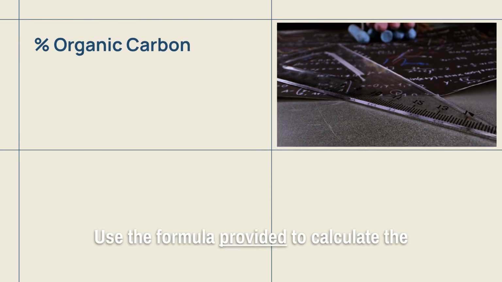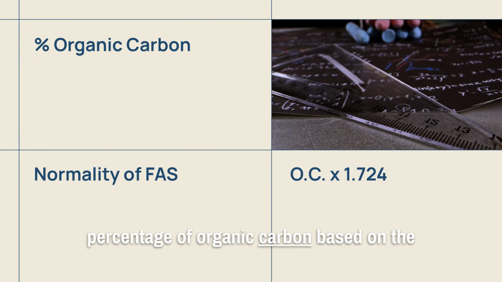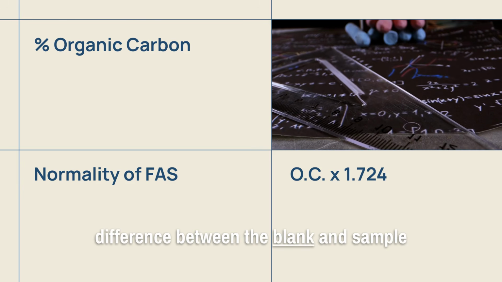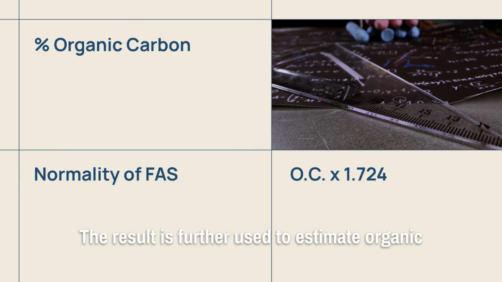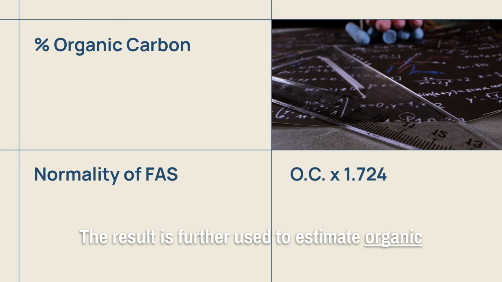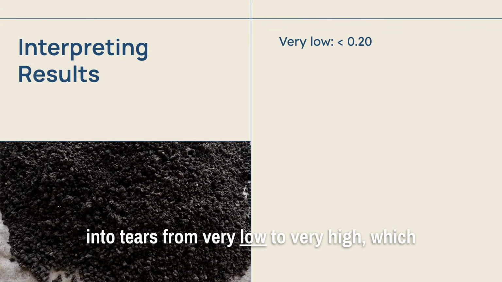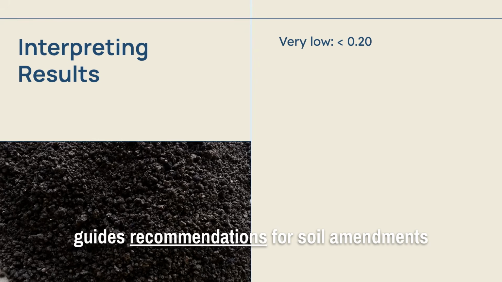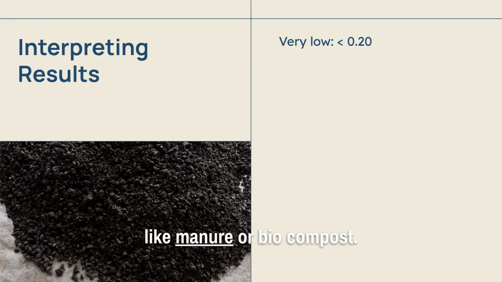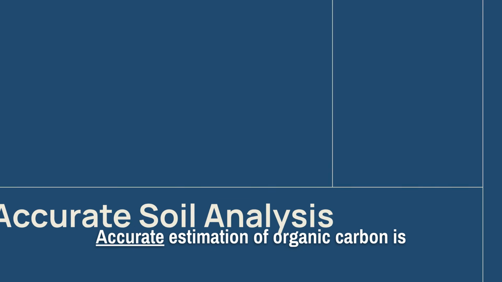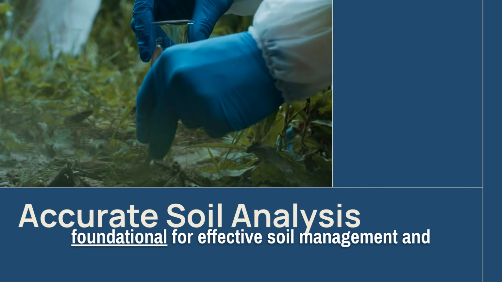Use the formula provided to calculate the percentage of organic carbon based on the difference between the blank and sample titration volumes. The result is further used to estimate organic matter and nitrogen content. The organic carbon percentage is classified into tiers, from very low to very high, which guides recommendations for soil amendments like manure or biocompost. Accurate estimation of organic carbon is foundational for